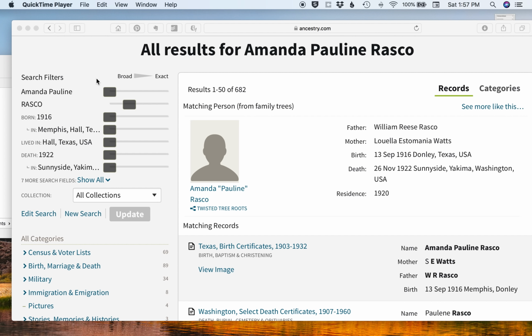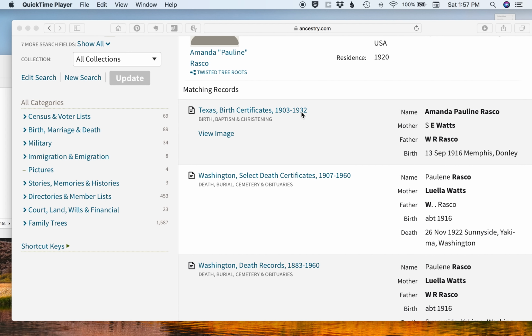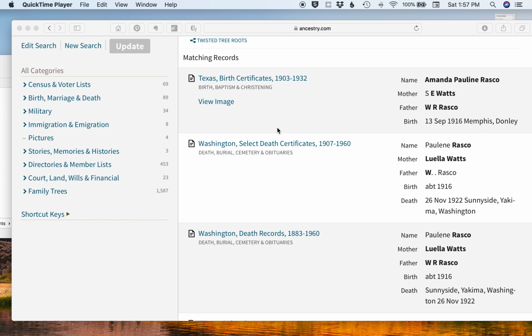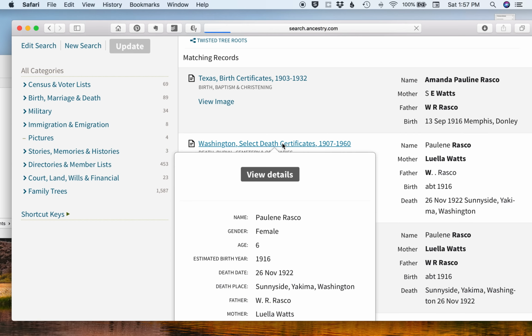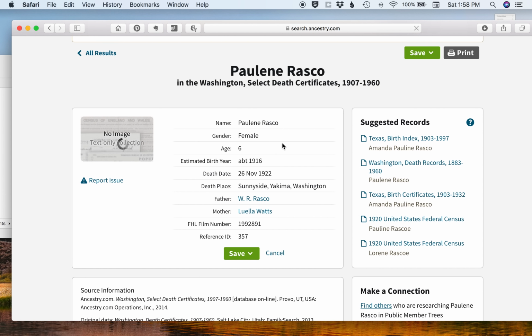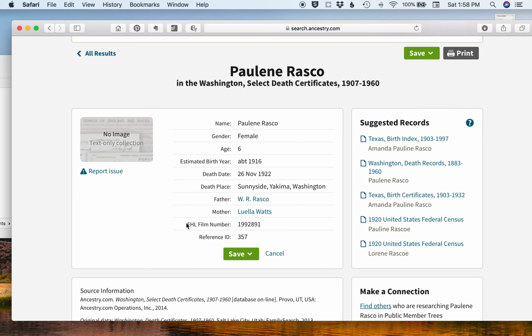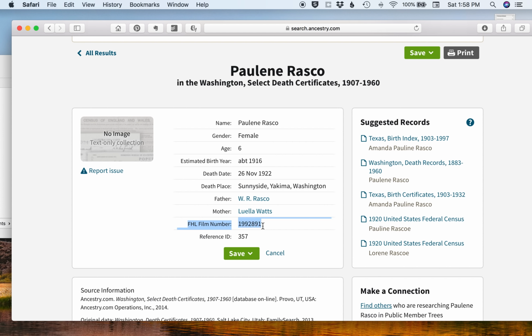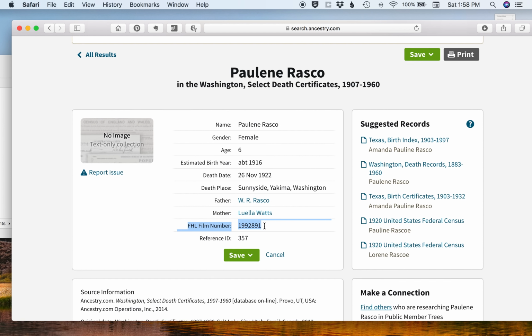So the first thing I did was go to Ancestry.com and I did a quick search on her in birth, marriage, and death records. And I found this entry here, Washington Select Death Certificates. That got me excited. But when I clicked on it, I saw that it said that no image was available. Boo. But the good news was that there's a family history library microfilm number